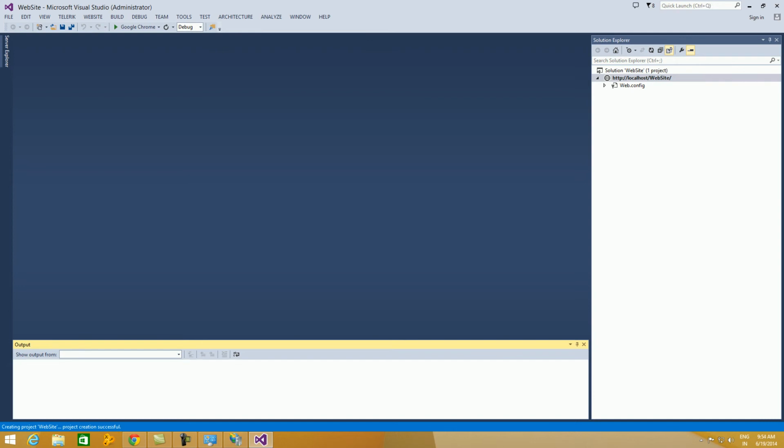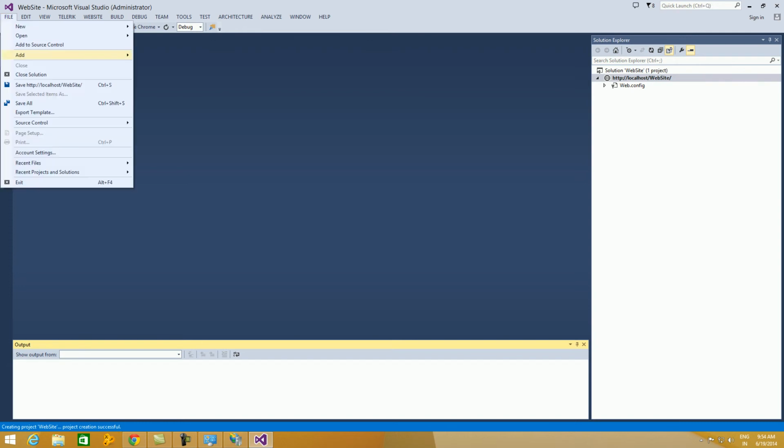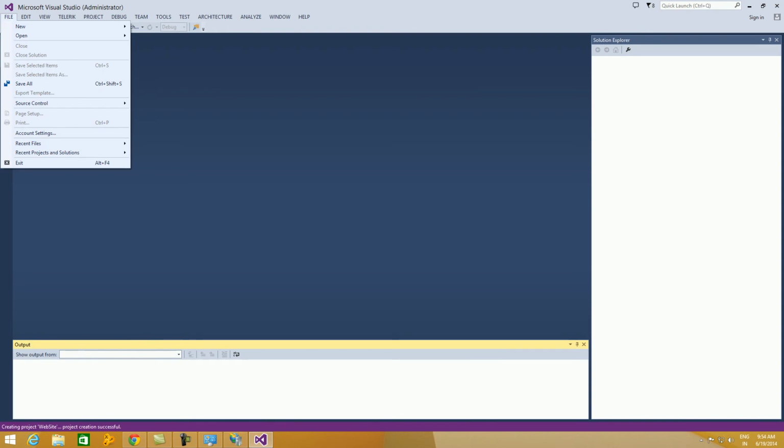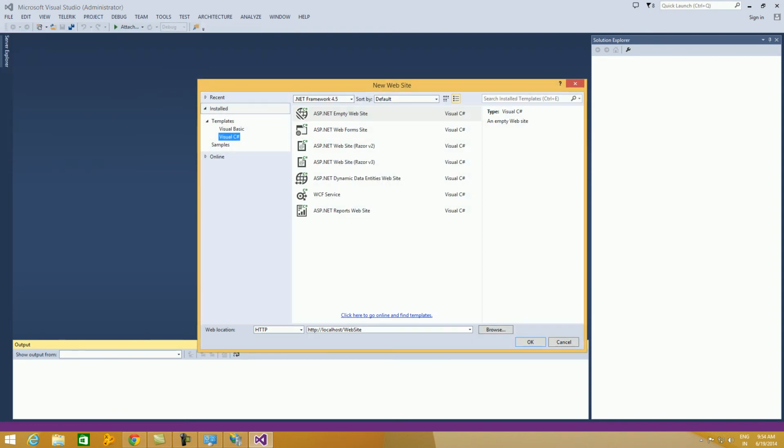I just clicked the empty website, so the website is automatically created. Let us create it once more. I'll close the solution, go to File, New, Website, select C#, select the framework, select Empty Website, select the location. Ours is IIS, so select HTTP, and give a name here.